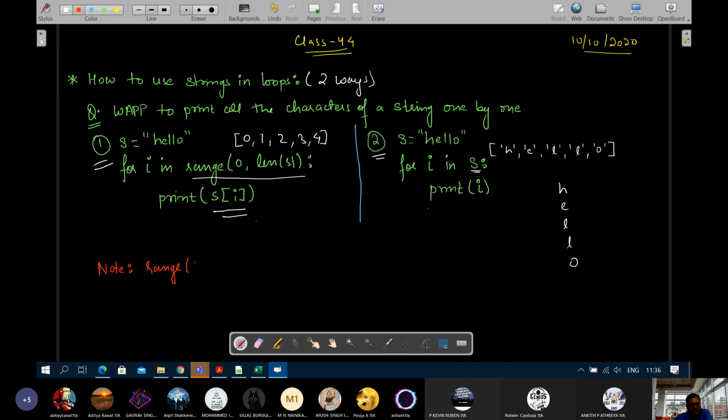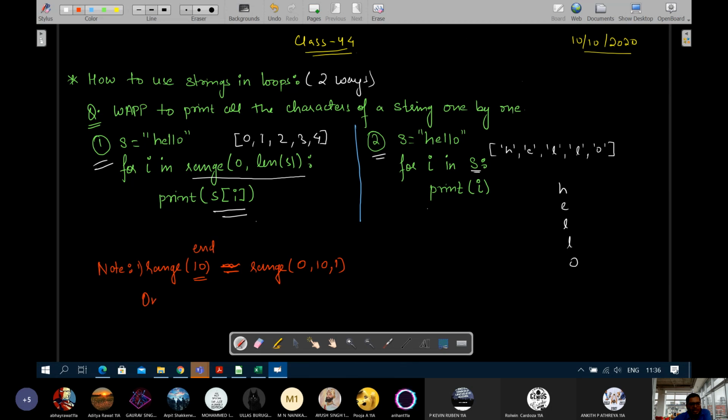Let's say you write 10. This is equivalent to range 0, 10, 1. So when you are writing only one number, that always signifies the end.